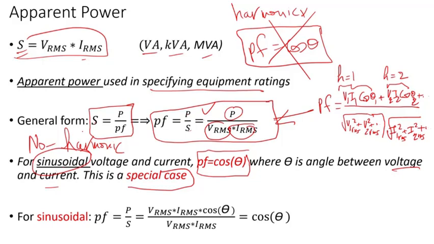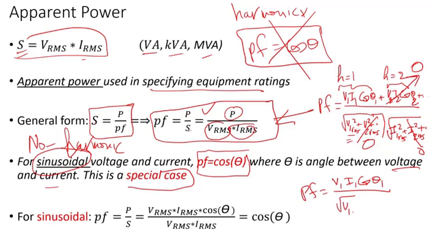Now, for sinusoidal voltage and current, that means I don't have any harmonics. That means this term is 0. That means the only term I have here is V1. V2, V3, V4, all of them are 0. The same thing with current. So what do I end up with? I end up with power factor equal to V1 times I1 cosine theta 1 plus 0, which I'm not going to write. And the voltage is just V1 RMS, because the other ones will be 0, times I1 RMS,